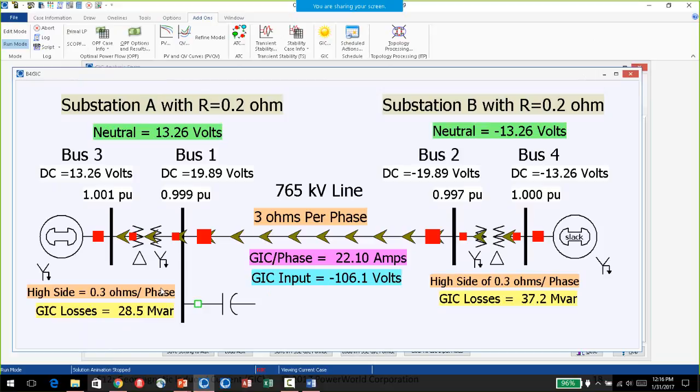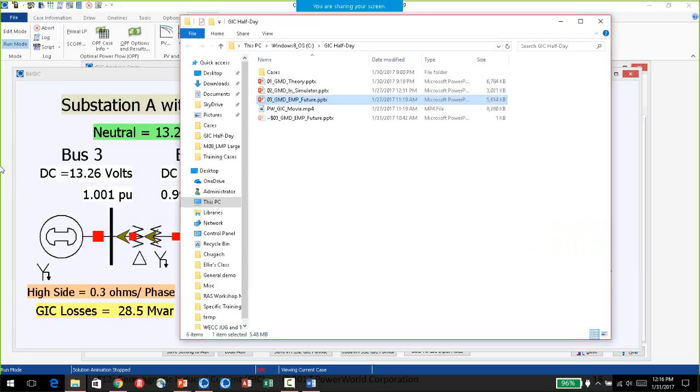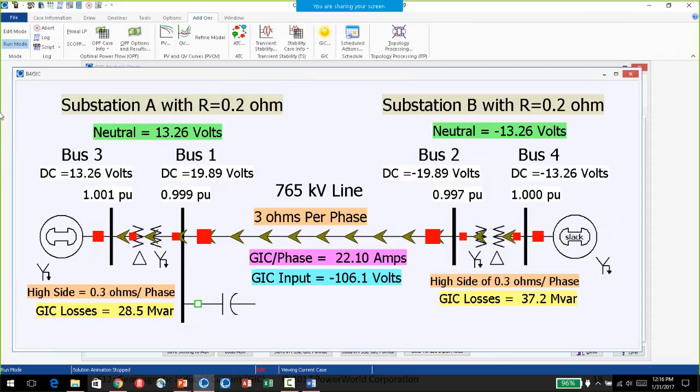There are quantities for transformers, like high side coil current, and that will be a signed value, which will depend on whether it's coming into or going out of the transformer. But the effective GIC quantities are always unsigned, just the absolute value. And of course, the megavar losses are always positive as well.